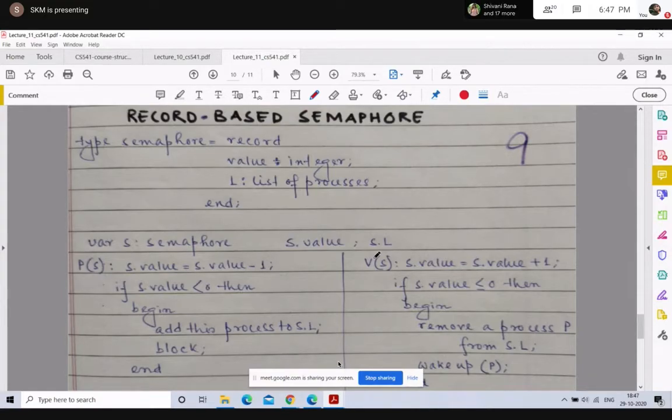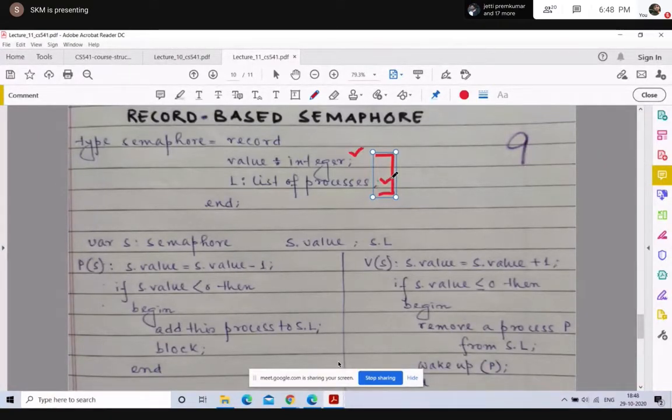One field will contain the integer value of the semaphore. The other field will contain a list of processes that are waiting to get access to that semaphore.